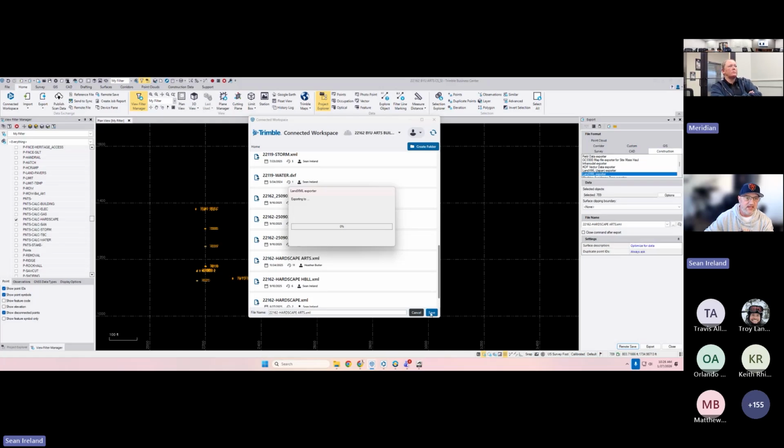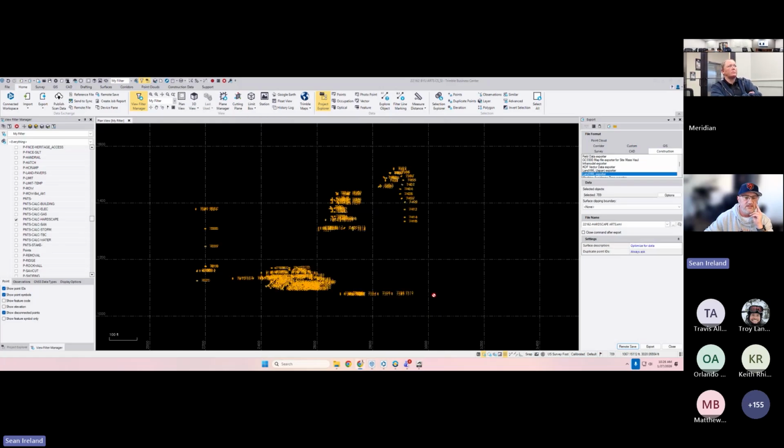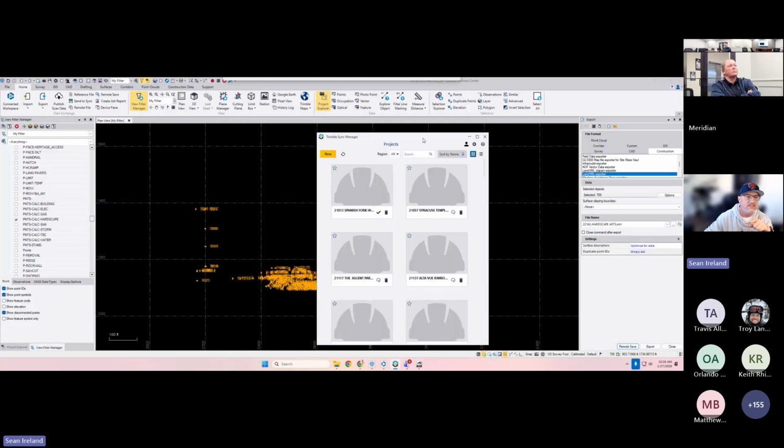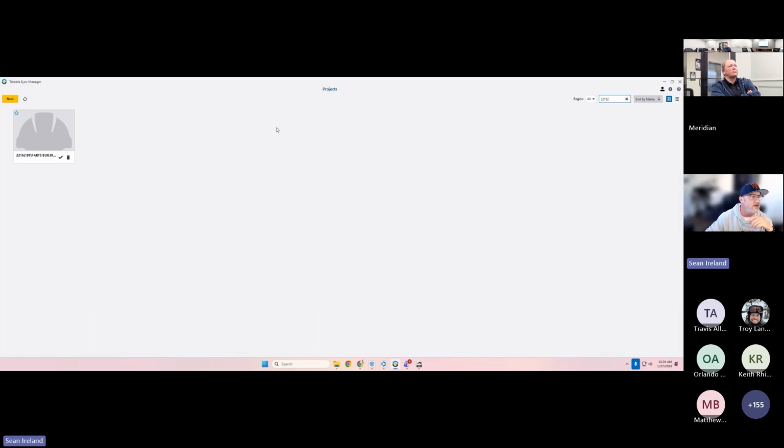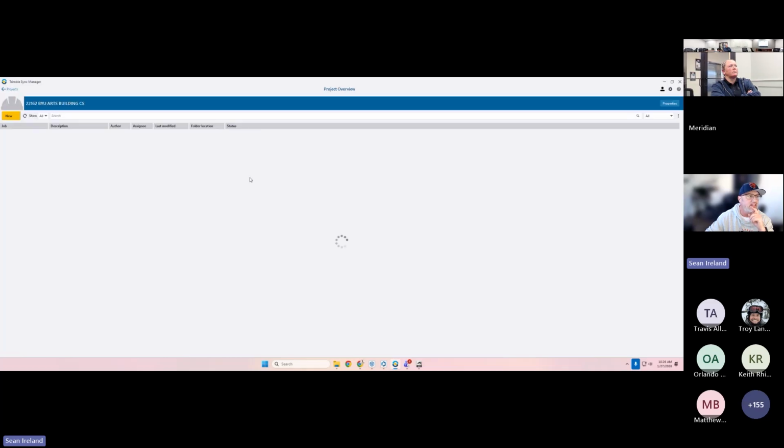So from the TBC side, that's really all there is to it. It's simple. The one thing that was a little painful in the beginning is within Trimble Sync Manager, I would push stuff to the cloud. Heather would never see it on her collector. And after talking with Troy and stuff, found out why, that when you go over here into the project, and maybe this has changed, but not that I've seen, if you go here under properties,